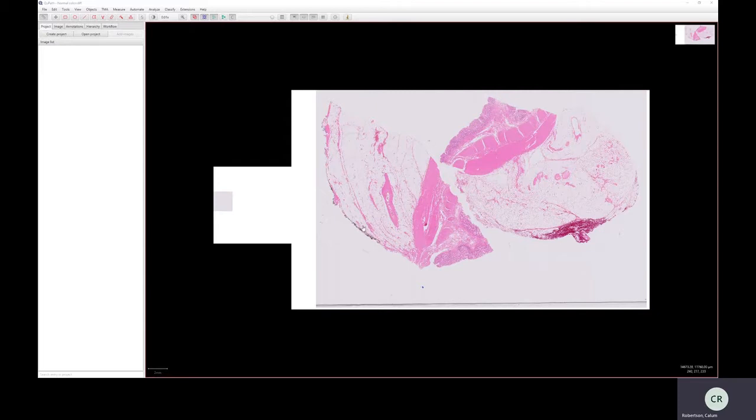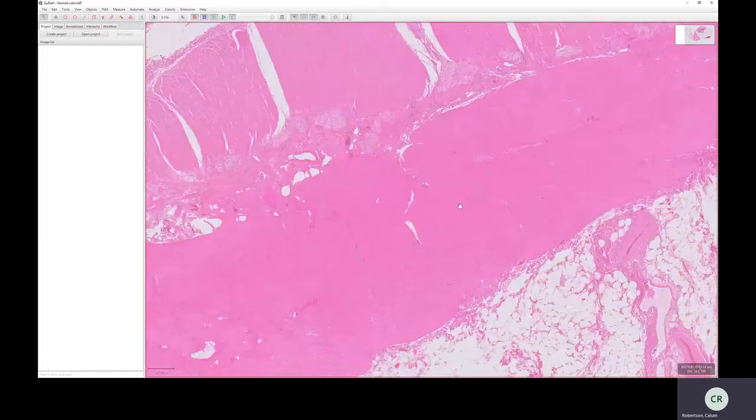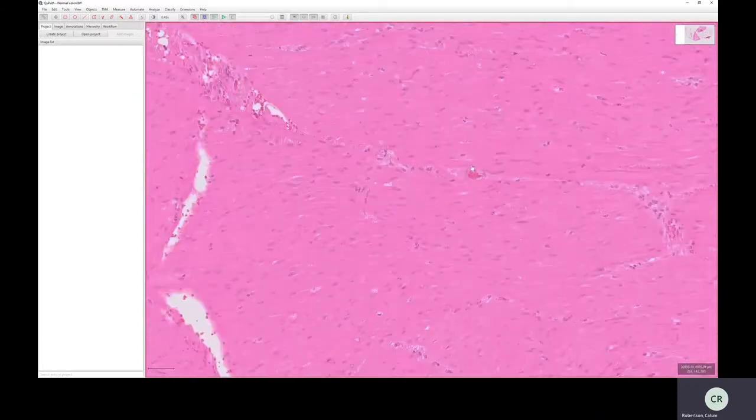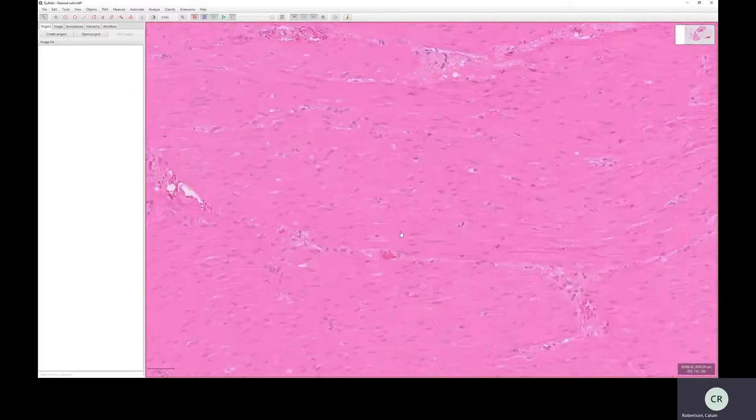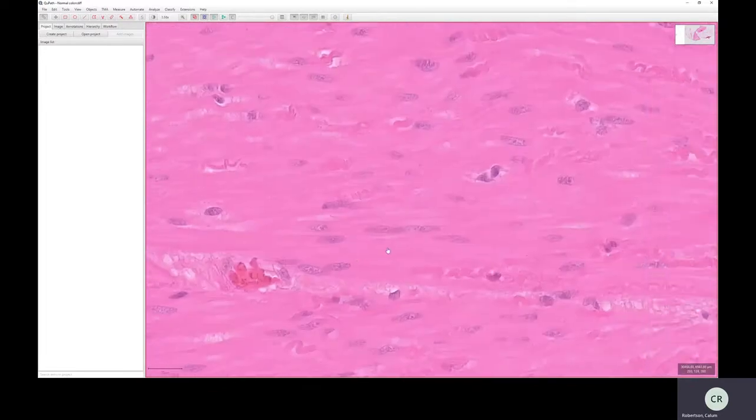Hello, I just wanted to show you a section. This is a normal colonic section. We're going to go to this in more detail in a later video, but I wanted to show you a couple of things that you couldn't really see good examples of in the skin, but are obvious in a normal colon section. The first is this stuff. This is muscularis propria of the colon, which is made of smooth muscle cells. These are really good examples of smooth muscle cells. So smooth muscle,